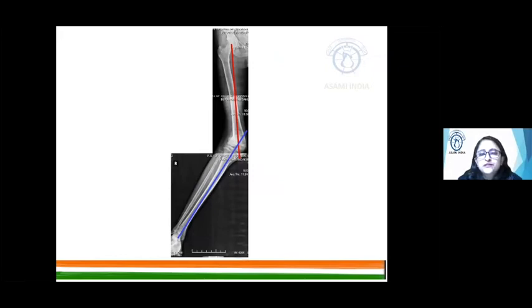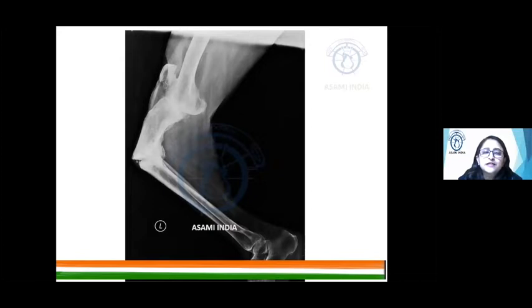For example, if you have this deformity of varus, juxtaarticular varus, then you place one hinge anteriorly, one hinge posteriorly. So the hinge axis is in the sagittal plane because this is a frontal plane deformity. Same is true with this valgus. While correcting this valgus deformity also, you need to place hinge axis in sagittal plane. Whenever you get a sagittal plane deformity like this, you place one hinge medially, one hinge laterally, so that the hinge axis is in the frontal plane. So you get the point, the hinge axis has to be perpendicular to the plane of the deformity.